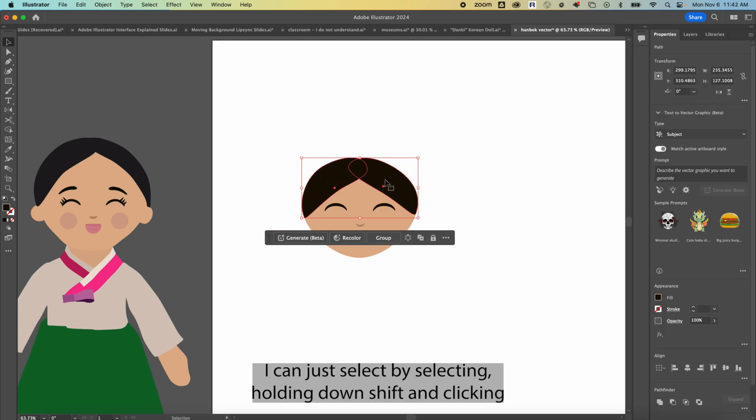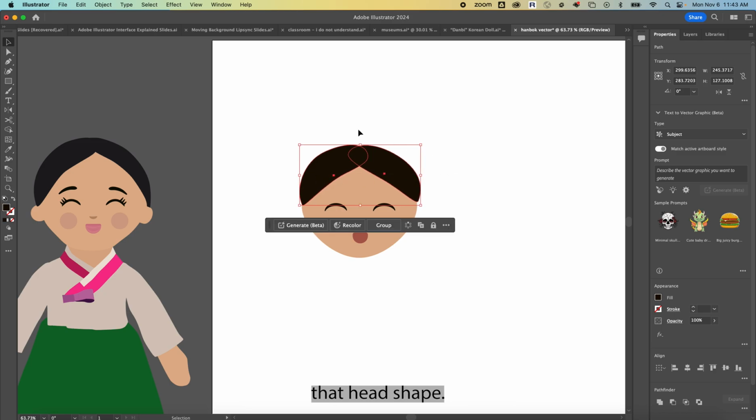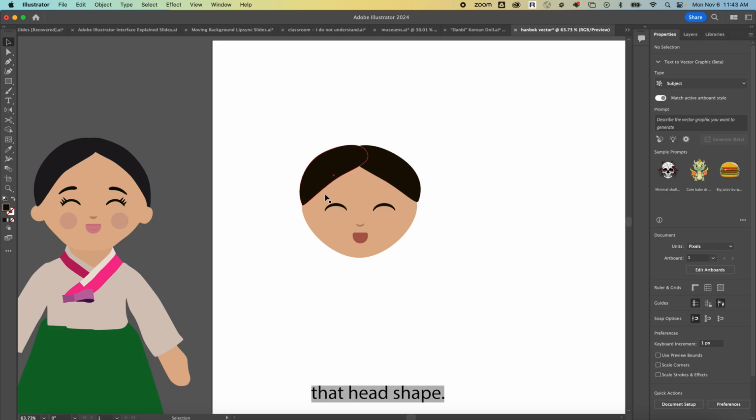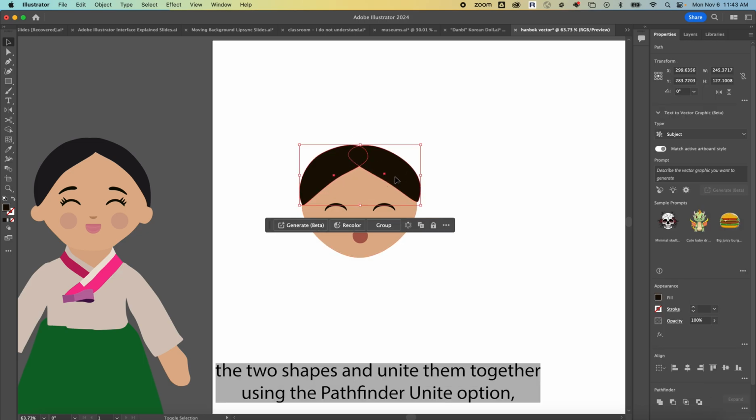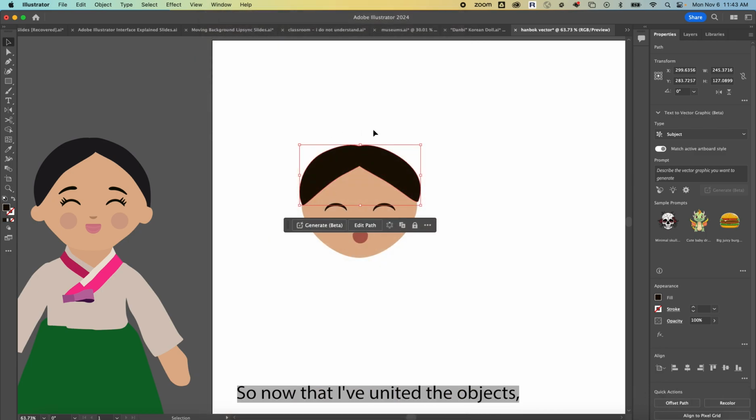I can shift select by holding down Shift and clicking another object and moving them up to kind of lengthen that head shape. I can shift select the two shapes and unite them together using the Pathfinder Unite option, which is found under Window and Pathfinder. So now that I've united the objects,